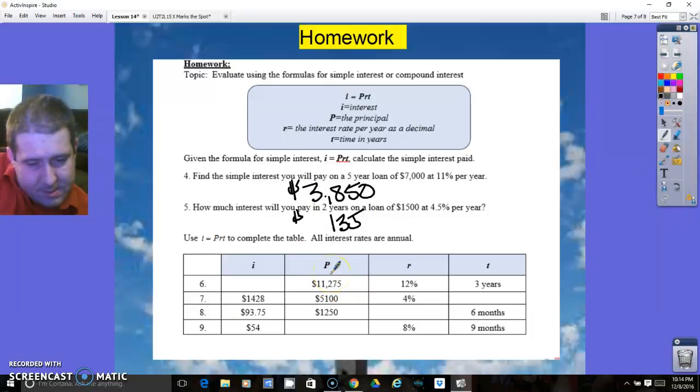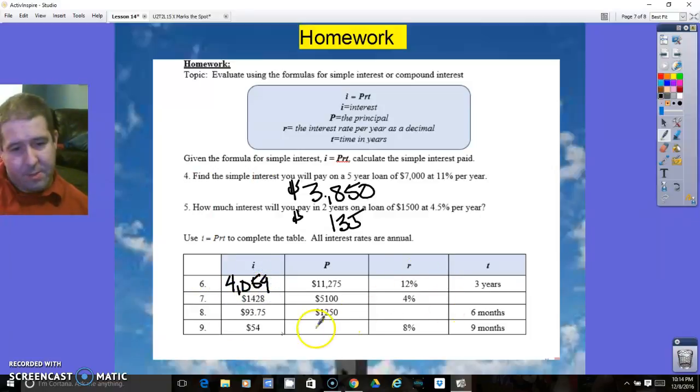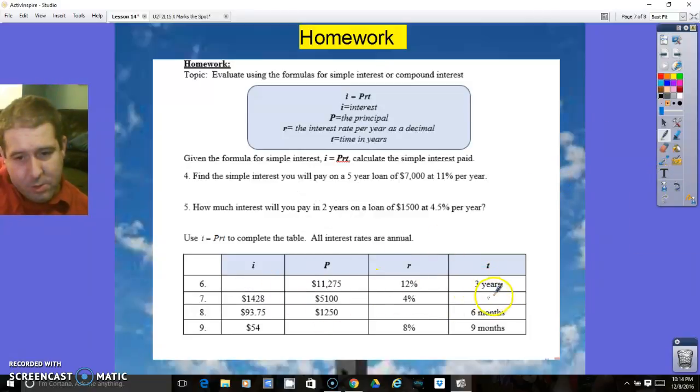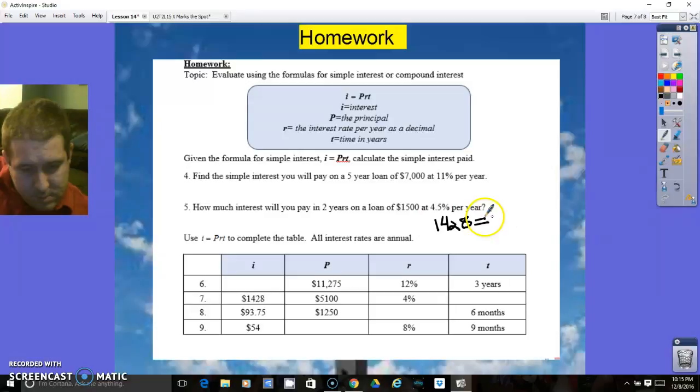Okay, so this one, number 6. I'll do the exact same process because I'm searching for I. So that's 11,275 times a rate of 0.12 times 3 years means you end up paying $4,059. Now, if you look at the other two questions, they are a little bit different, so I'm going to erase all of this because now you're trying to solve for how much time. So what I would do for each one of these questions down here, 7, 8, 9, is set it up like an equation. So if we know the answer is 1428 equals